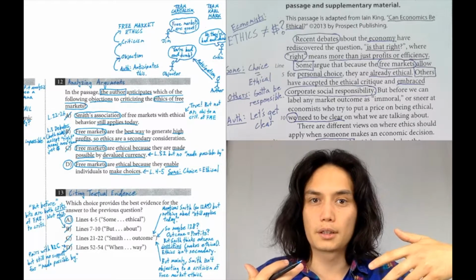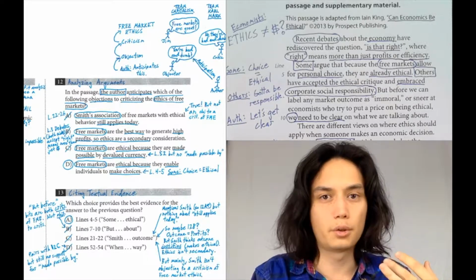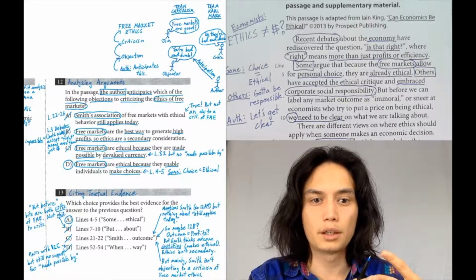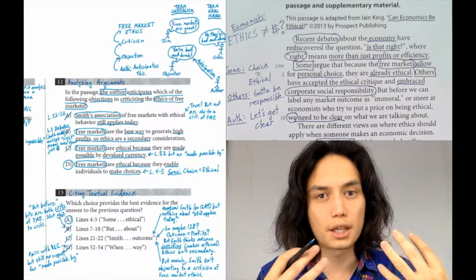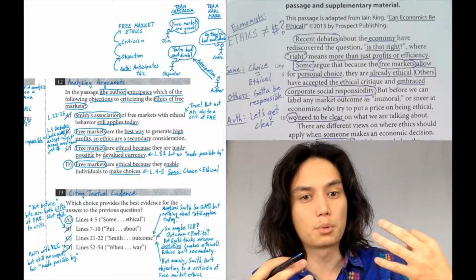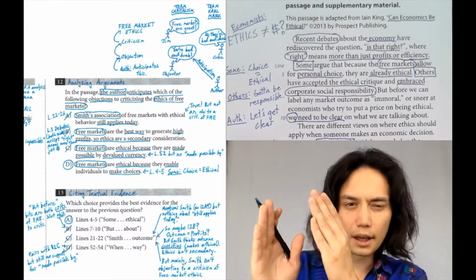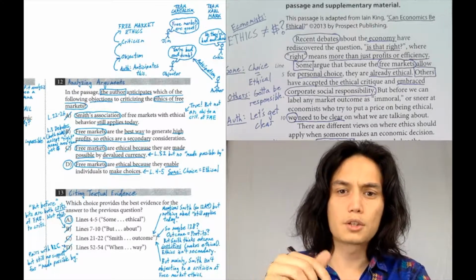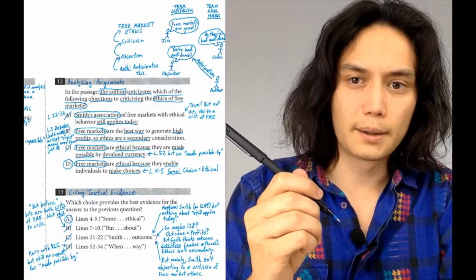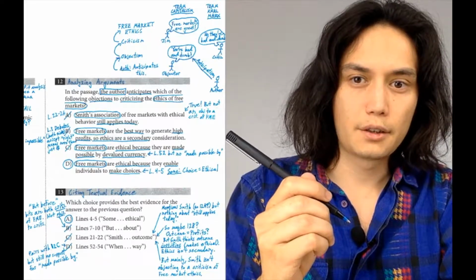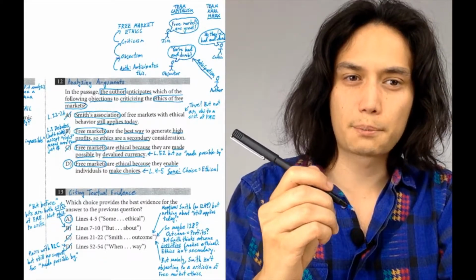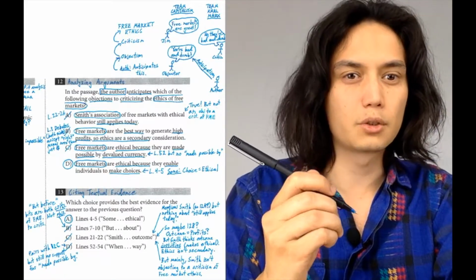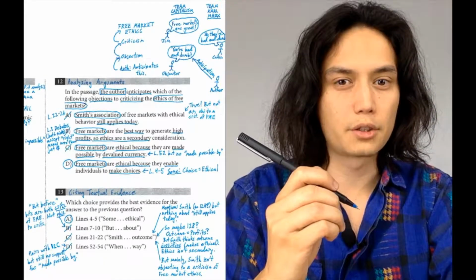And all of the viewpoints that the author is talking about, Aristotle's viewpoint, Adam Smith's viewpoint, the actions viewpoint, all of these are different ways of thinking of rightness as more than just profits or efficiency, but still applying that concept of rightness to the field of economics. Which is all just to say that everybody agrees that this perspective is not the right one. Everybody agrees that rightness is more than just profits or efficiency.